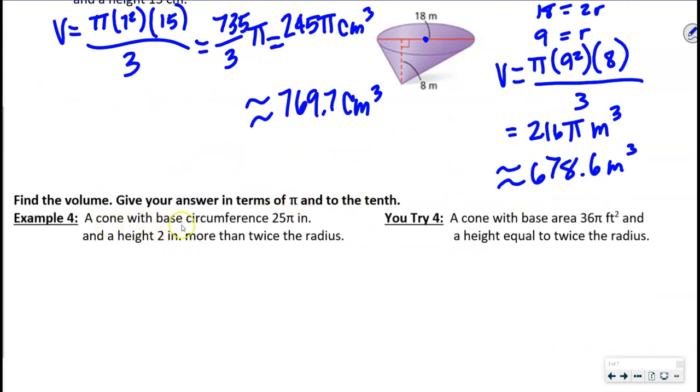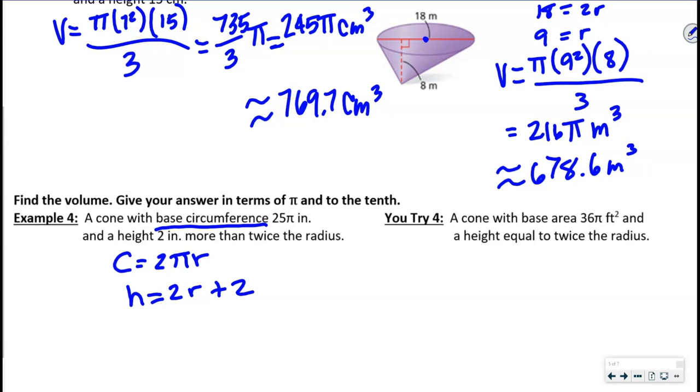This is a cone with a base circumference. Ooh, circumference. So circumference is equal to 2 times pi times the radius, okay? And a height that is 2 inches more than twice the radius, okay? So the height is going to be 2 inches more than twice the radius. So that's what our height's going to be equal to, 2 times r